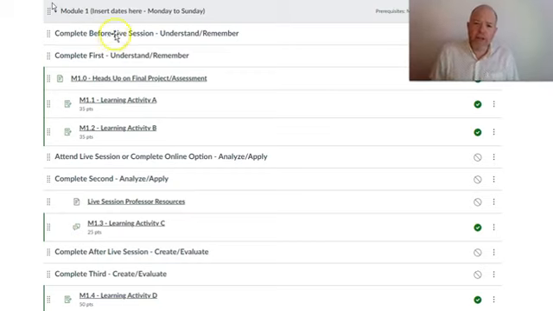The reason that I have complete before live session, understand and remember, and complete first, understand and remember, is that you can turn things on and off. You can publish and unpublish things. I just put that in the template, so depending on if you teach this class as a 100% asynchronous online class, it can work like that. If you teach it as an in-person class or a Zoom synchronous online class, you can just click this. So basically publish all of those that are very similar. So it's before the live session, during the live session, or instead of, and then complete after the live session, or complete third if you want to turn it into an